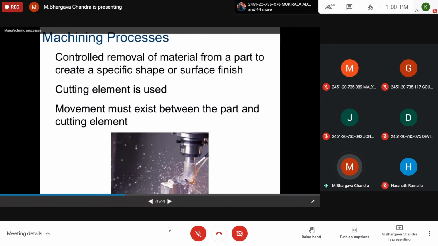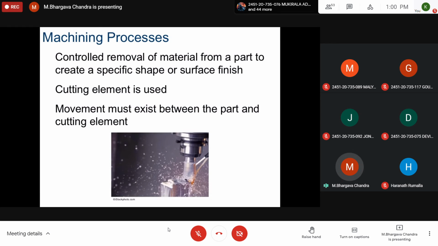Machining process. So controlled removal of material from a part to give a specific shape or surface finish is called the machining process. In machining, we purposely remove the superficial material from a particular component to give it a very smooth surface finish. As such, the component is oversized. Like I've said earlier, components from castings will be oversized,